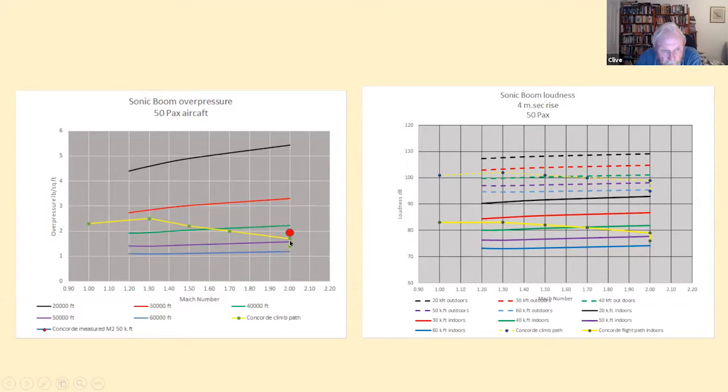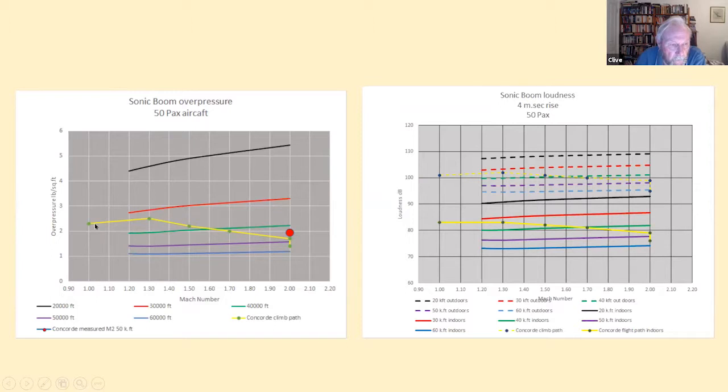And it turns out, of course, that to look at noise levels at the end of cruise is not actually going to help you very much in terms of public reaction, because the bigger noise levels are down here in the transonic acceleration phase, where the aircraft is lower, which is the primary reason for it. And the thing is actually quite sensitive. In this particular case,